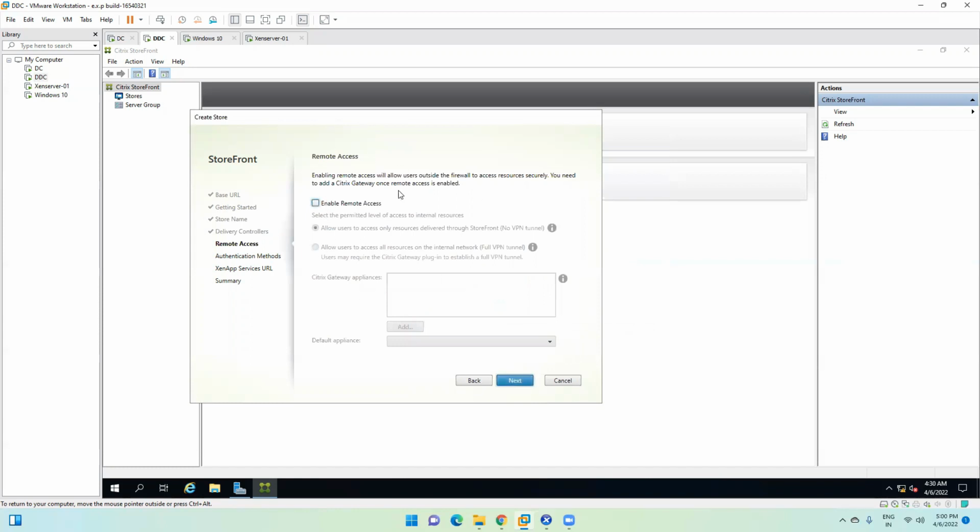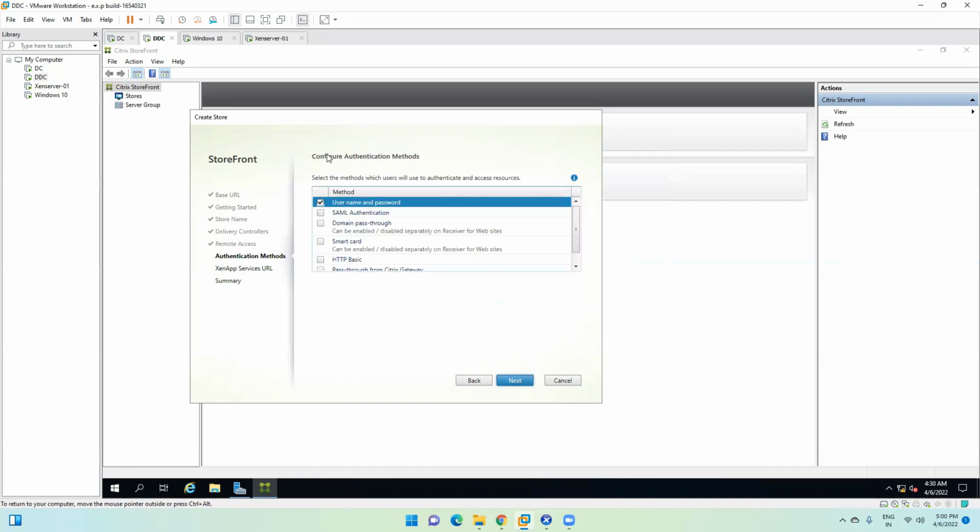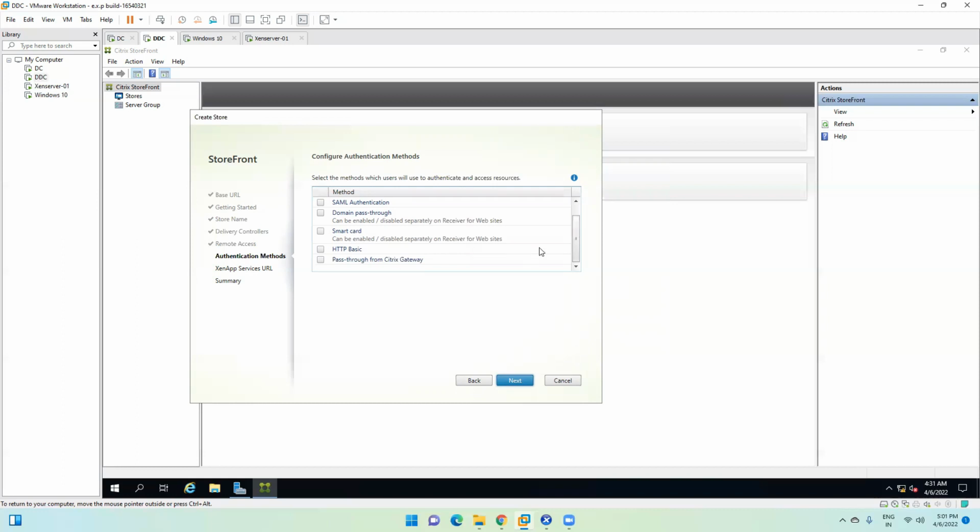Now it is asking for remote access. We do not have any physical machine, so this is not required. Click on next. Now it is asking for the authentication method. The default one will be username and password, and we have multiple options here, like